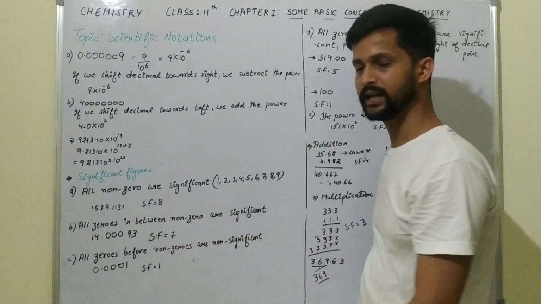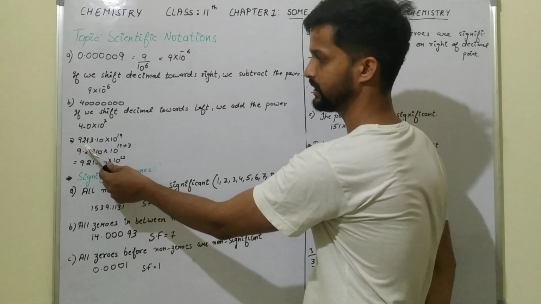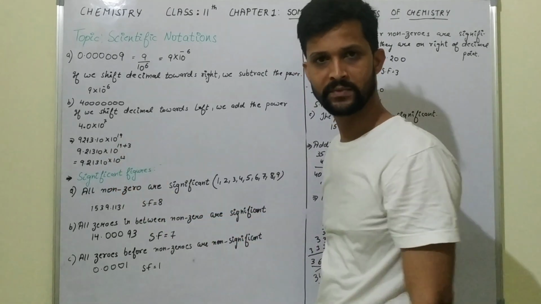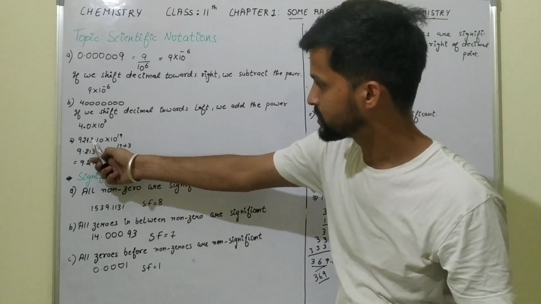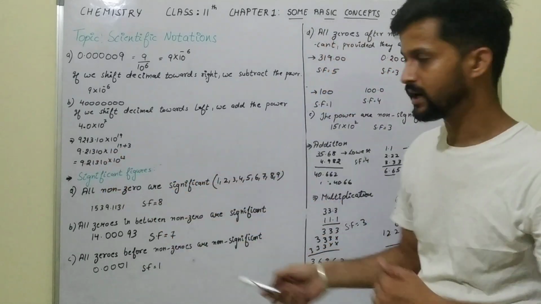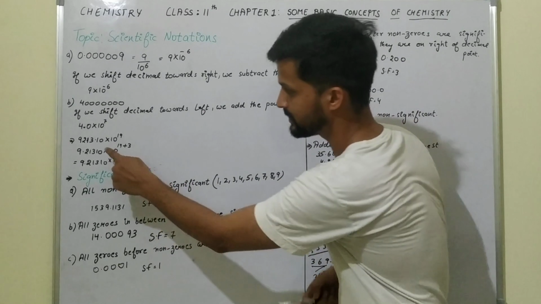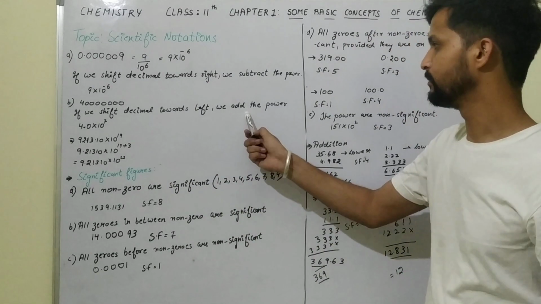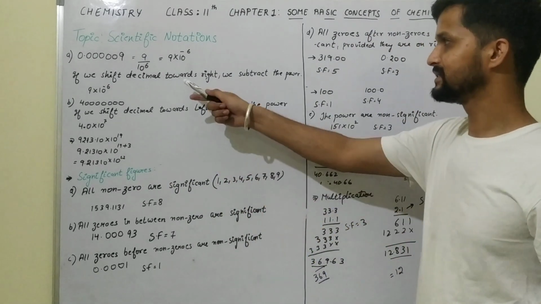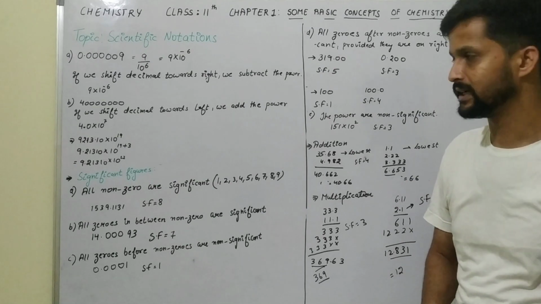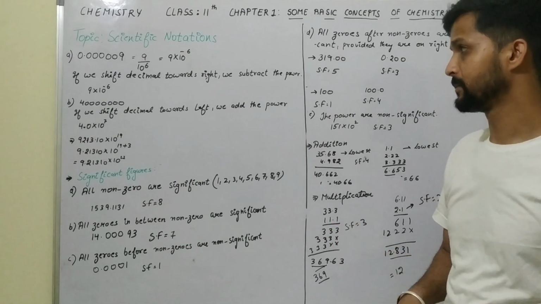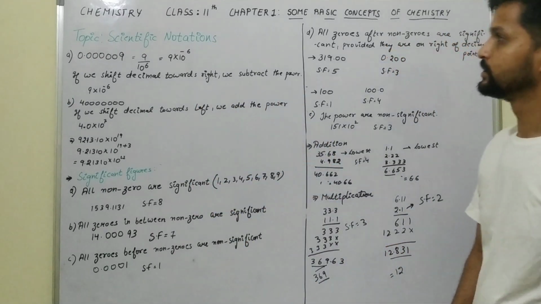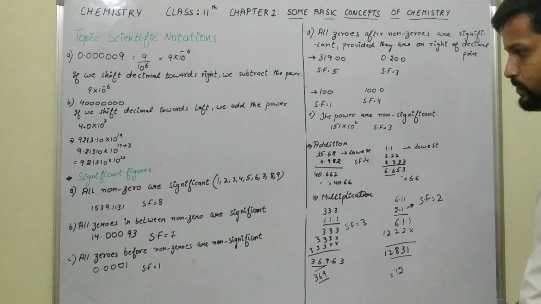Like here we can take another example. Suppose we have 9213.10 into 10 raised to power 19. Clear? If I want to shift the decimal after 9, I move towards the left. How many digits? 1, 2, 3. Clear? So I will add 3 because I move towards the left. This is a simple method when we want to shift the decimal either right or left. Clear? Simple, remember: right for negative, left for positive. So next we have the significant figures.